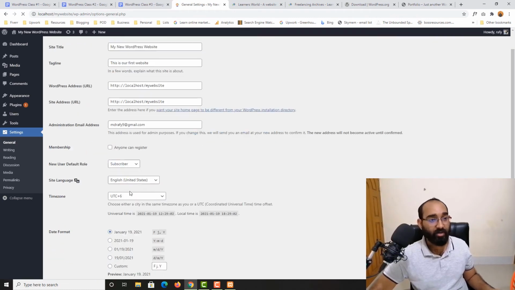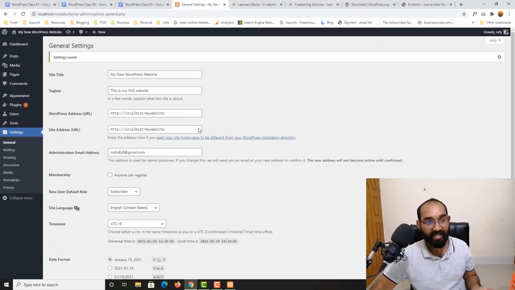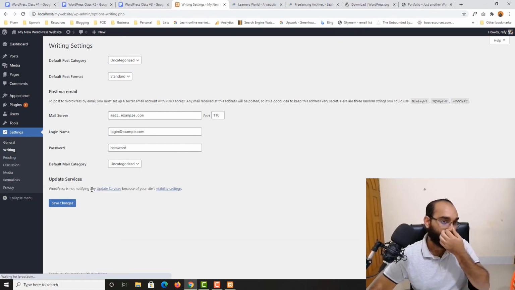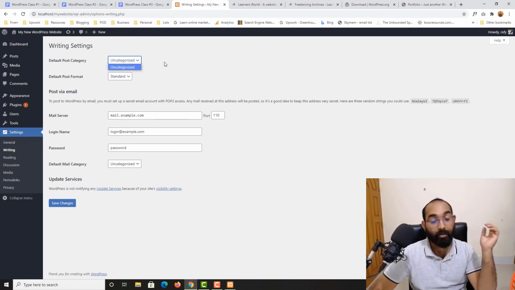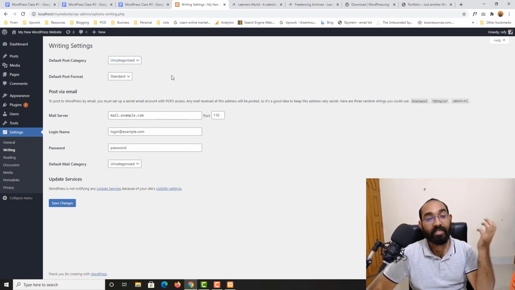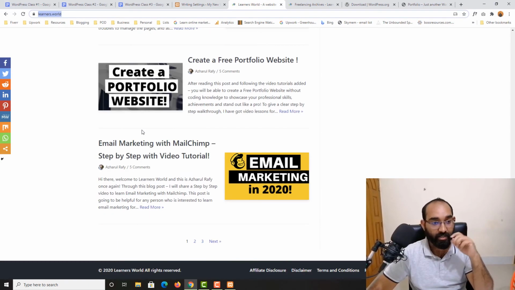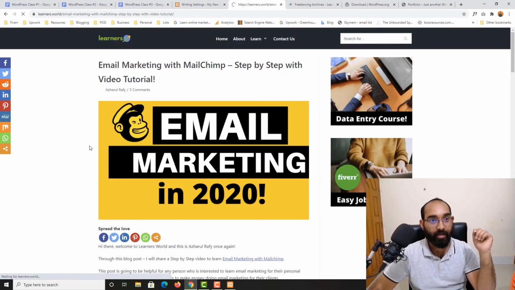We are going to talk about and learn more about these settings in our future videos when we do the real project. I'm just going to give you some context. So let's go to writing here. From writing, as you can see, we find the default post category. From here, we can set the default category for each of the posts. So if I just open one post, I don't know if I'll be able to show you